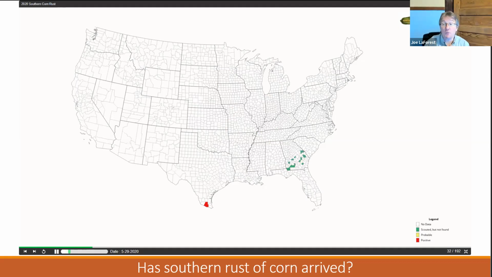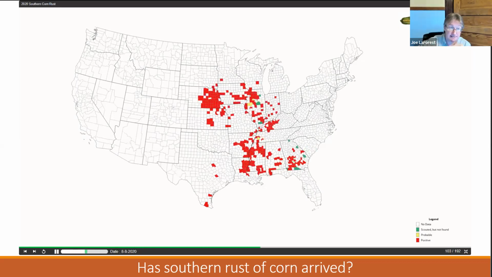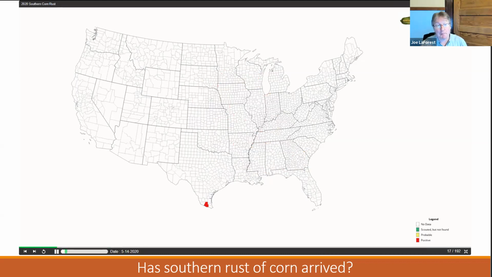So what growers are wanting to know is when are we seeing those first infestations of southern corn rust? Because if it's not showing up in my area, it's died back, I can wait a little longer before I start some of those fungicide treatments. I can perhaps change the timing of when I'm going to plant. I can adjust how I'm managing my crop based on when I can see southern corn rust blowing up from